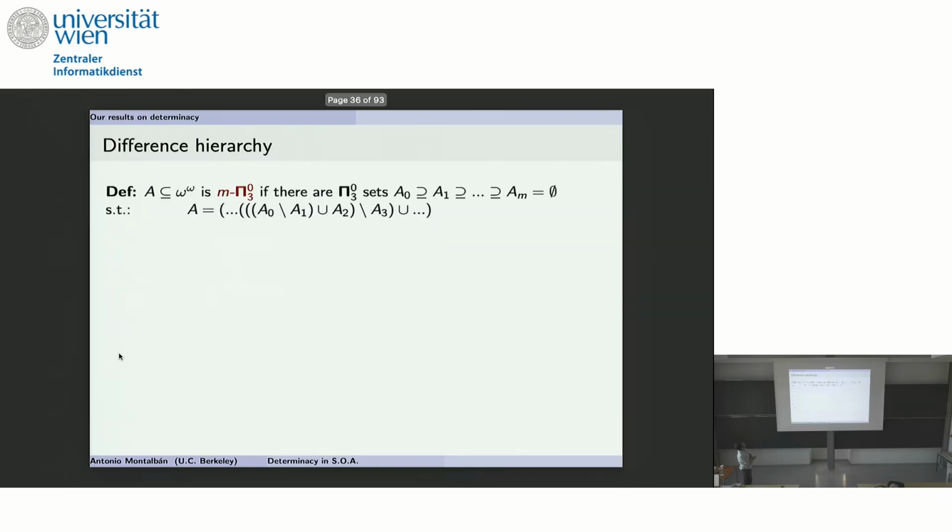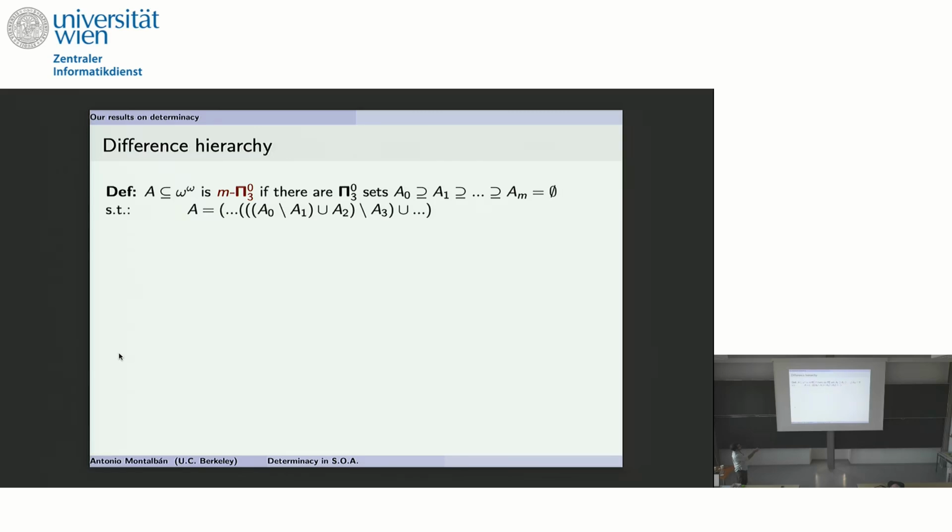Okay, let's get finer. Get finer in the statement of those results. We're going to need to use the difference hierarchy. The difference hierarchy of sets of, in this case, pi 0-3 sets. We say that a set of reals is m pi 0-3, so m differences,